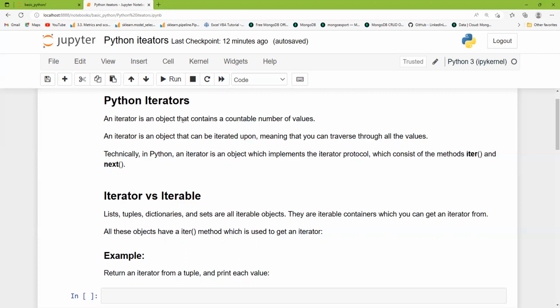An iterator is an object that contains a countable number of values. That means it has countable numbers. An iterator is an object that can be iterated upon, meaning you can traverse through all values. That means if you have a string, list or tuple, you can get each and every value by using the